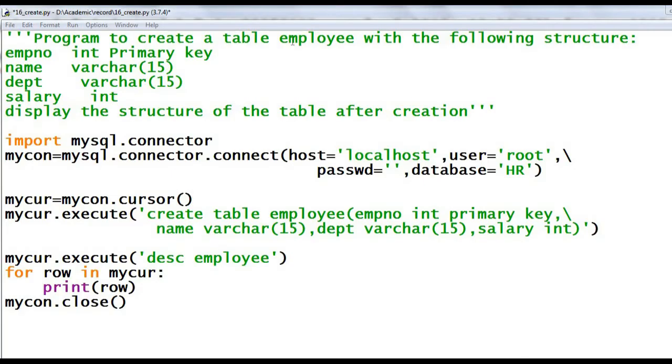Program to create a table employee with the following structure: empno integer primary key, name varchar 15, dpt varchar 15, salary int. Display the structure of the table after creation. To work with a Python-MySQL connectivity program, first you have to import